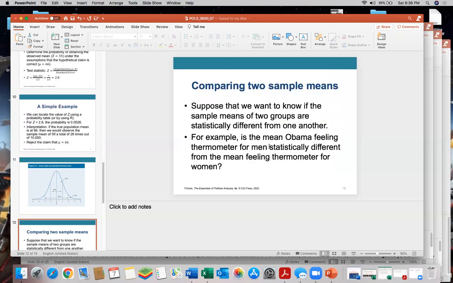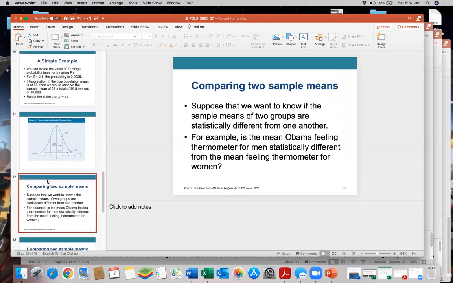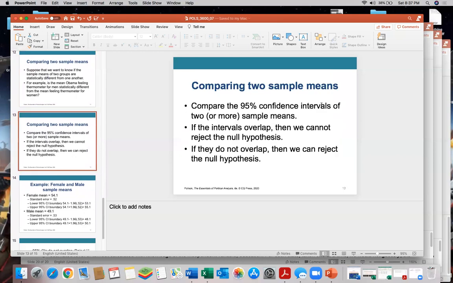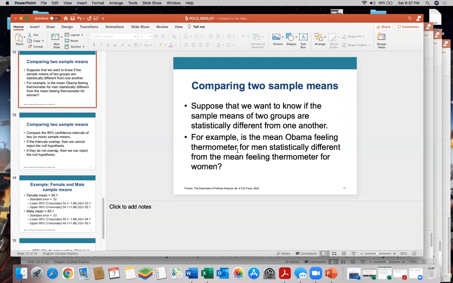And so this is where we're comparing two sample means. So Obama thermometer, men versus women, and compare the 95% confidence intervals. If the intervals don't overlap, we can reject the null hypothesis. So this is saying that, for the Obama feeling thermometer, men are statistically different than